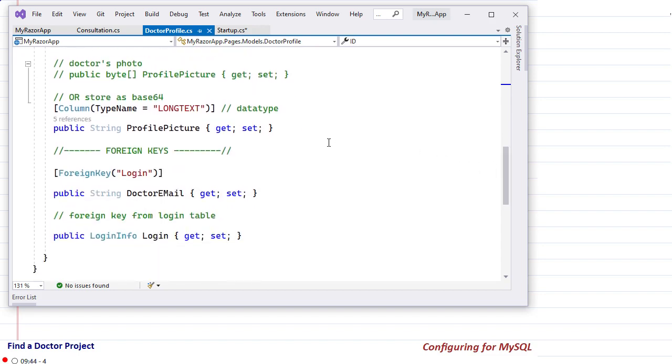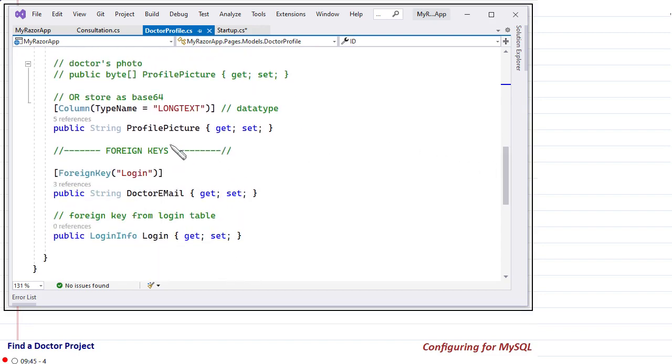Now in this, if you remember, there is a property called ProfilePicture where we are storing the base 64 string for the picture. Now this profile picture will be in kilobytes, so this string will be a long string. MySQL requires that you specify the size of the string, so we will have to add this annotation ColumnType, TypeName is equal to longtext.